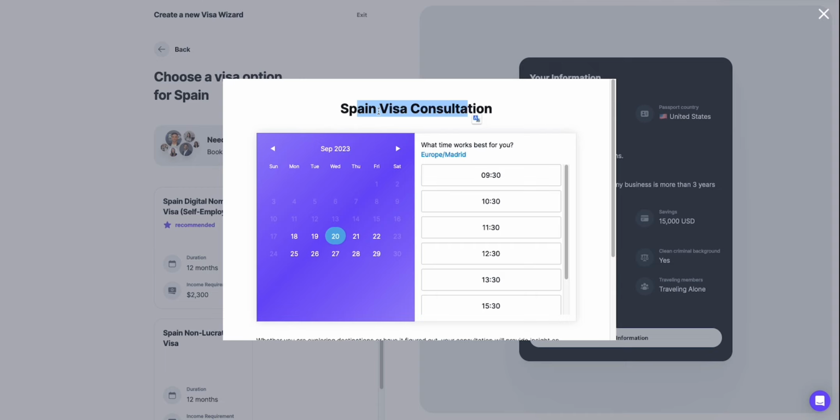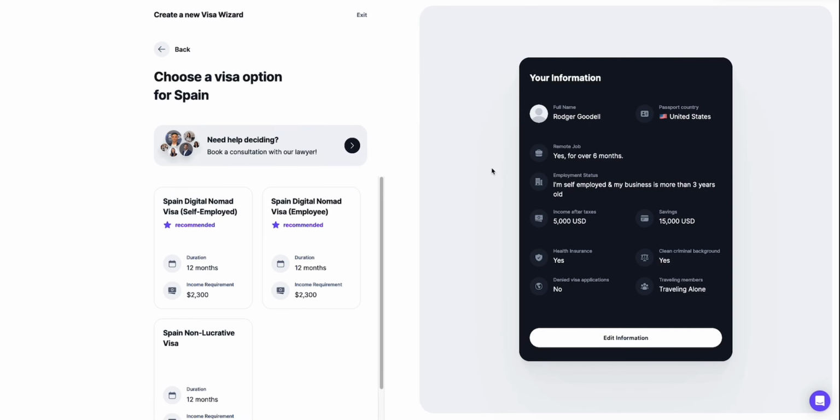If you want specific country assistance and you know where you're moving, go ahead and navigate into the country itself through Explore and book a consultation directly with our team, because they'll give you more tailored advice and they'll be able to provide more information for a specific country. If you want to go and you're not sure where you want to go, then go ahead and book one with the team. Otherwise, go ahead and navigate back to here and book a consultation directly with a team member